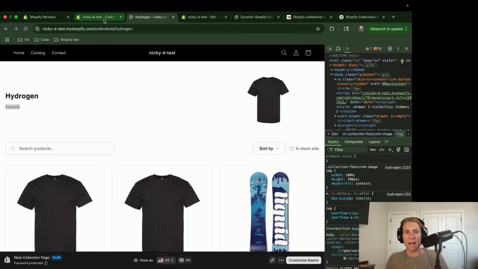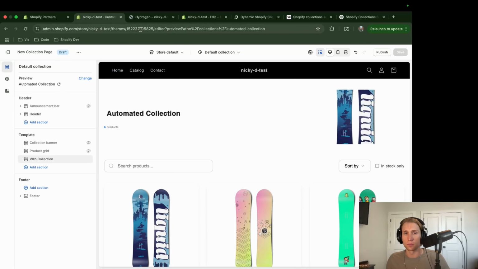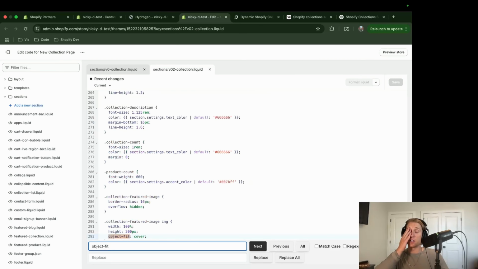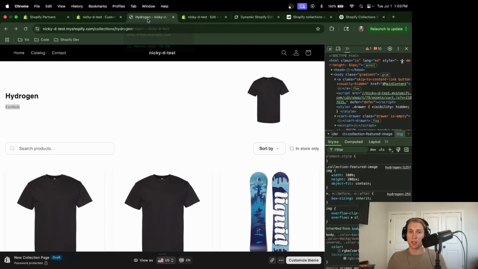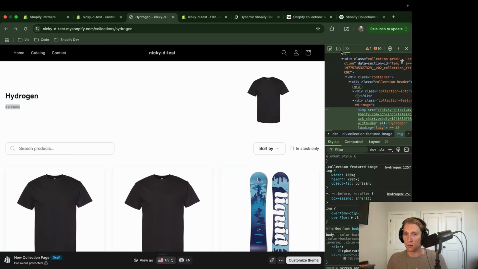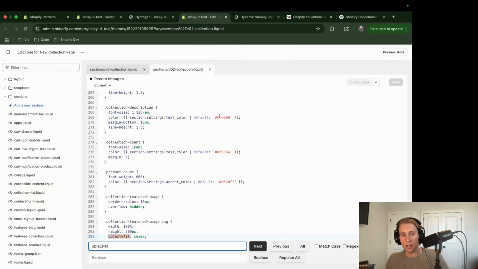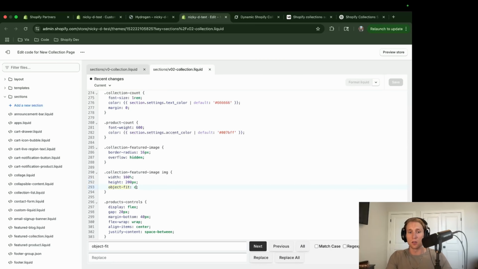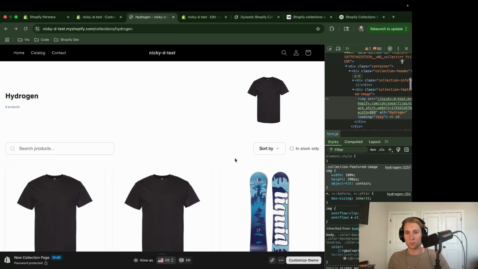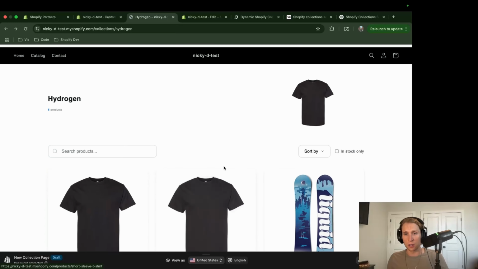So I'm going to come back to my code, and I'm going to search for object fit. Again, sorry, I know some of you don't code, so this might be a little confusing. I tried to not code as much as I can in this video, but it's definitely worth learning how to use the debugger tools, even if you're not super familiar with coding, because you can see I can toggle styles pretty easily like this. I can make a video about that if you're interested, so let me know in the comments. But again, come back to the code, and I'm looking at object fit, and I need to do object fit contain. So if I save that, and if I come back here, now it looks a lot better,